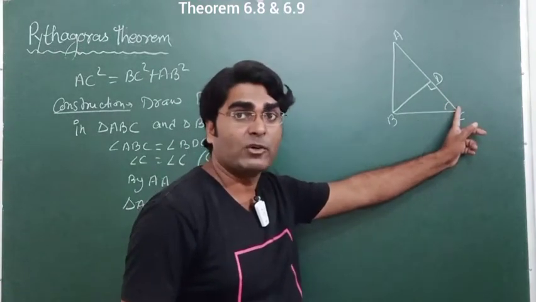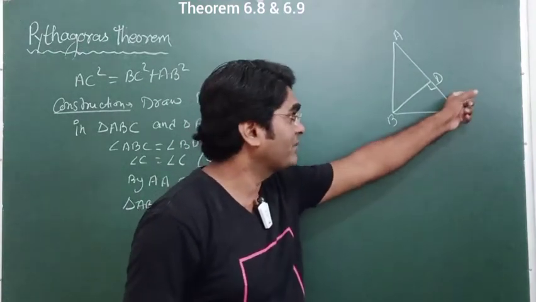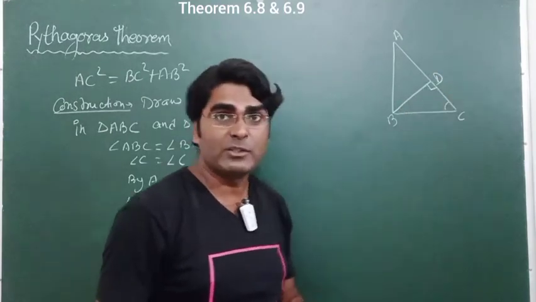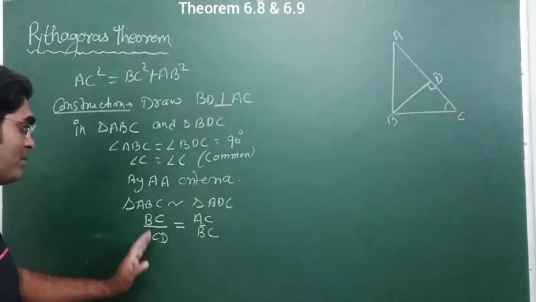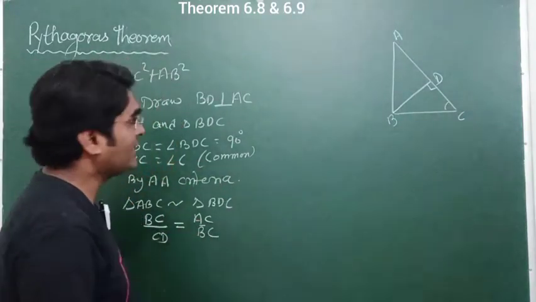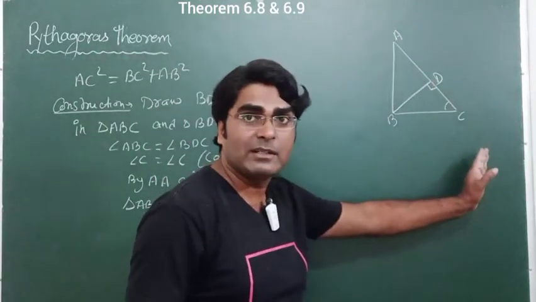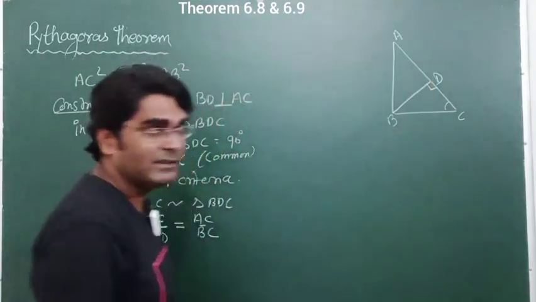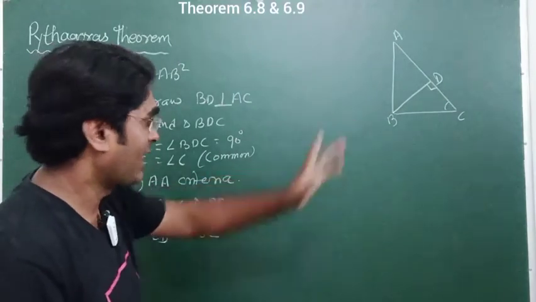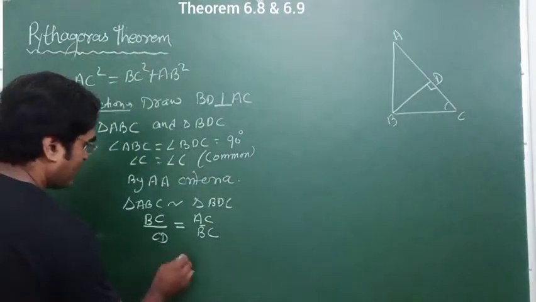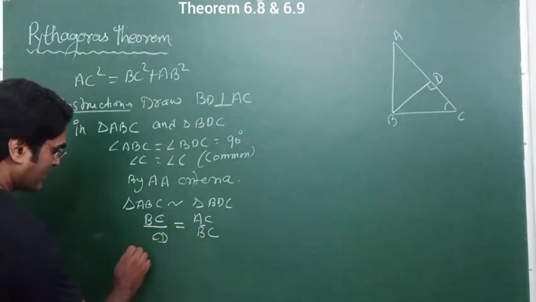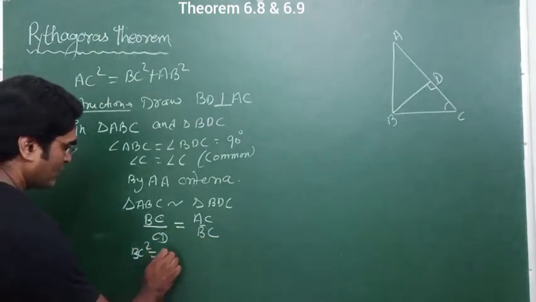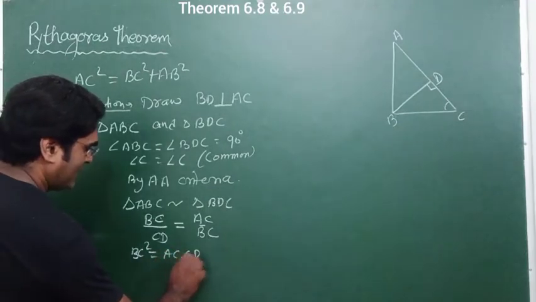You can say that, but not confirm. This can also be a base; BD can also be a base and BC also a base, but you are taking BC as the hypotenuse and CD as one side. So AC is the hypotenuse of triangle ABC, and BC is a side of this right angle triangle ABC. Now doing the cross multiplication, BC and BC will be BC square, equal to AC into CD, correct? This is equation 1.